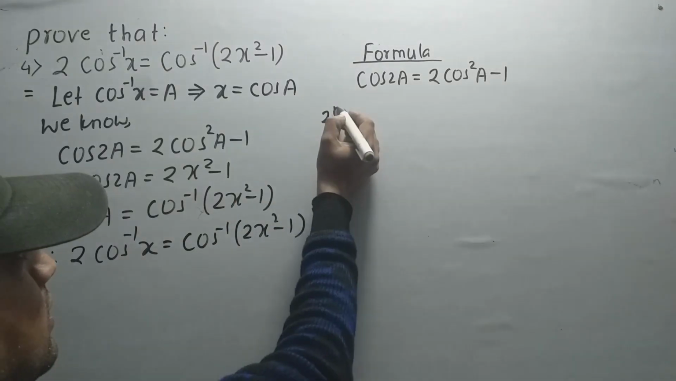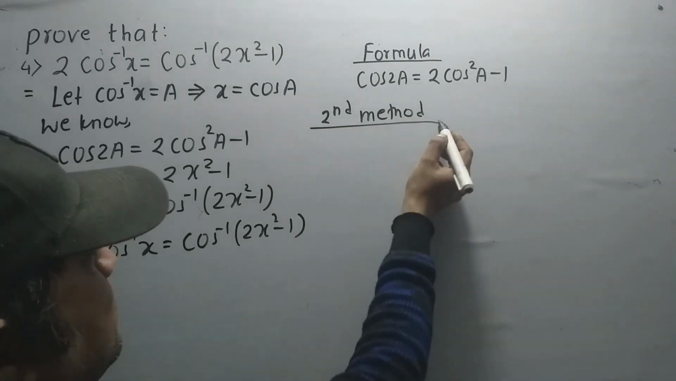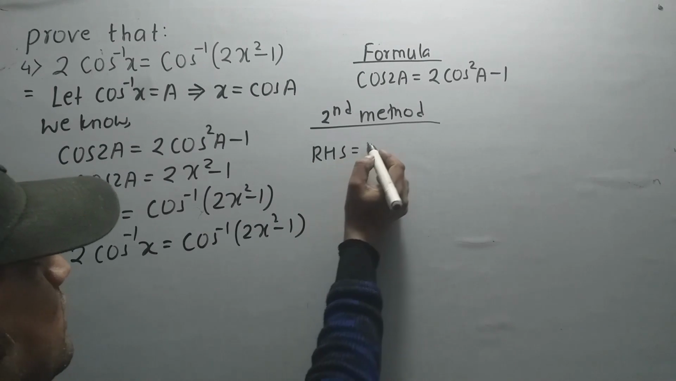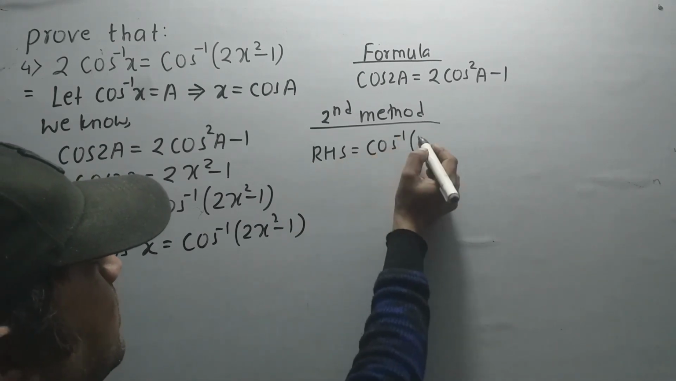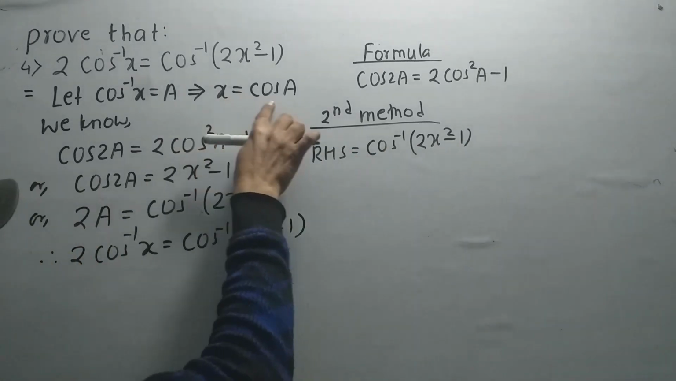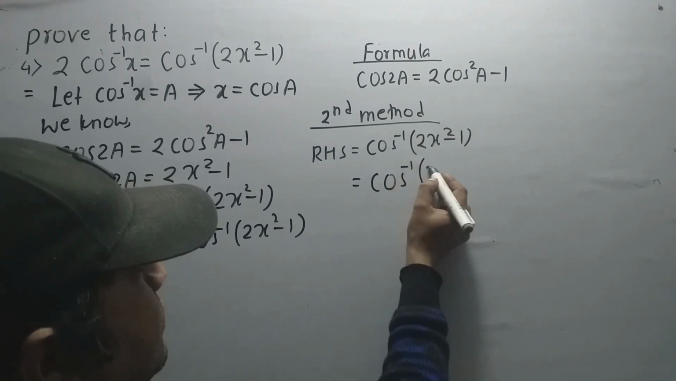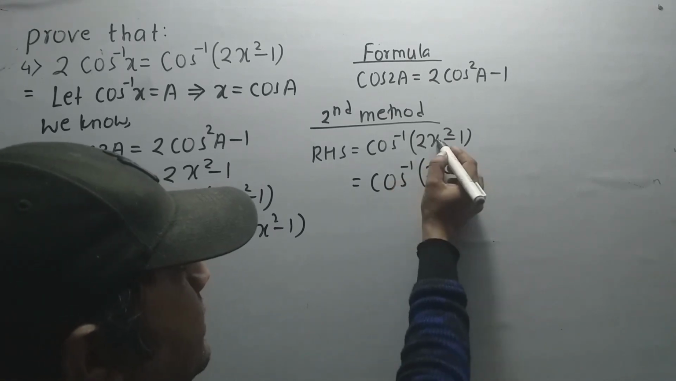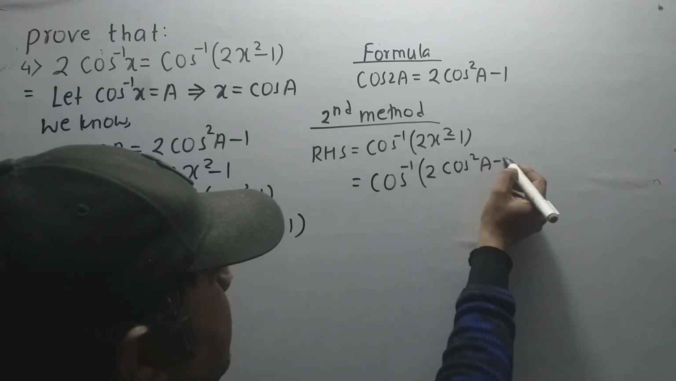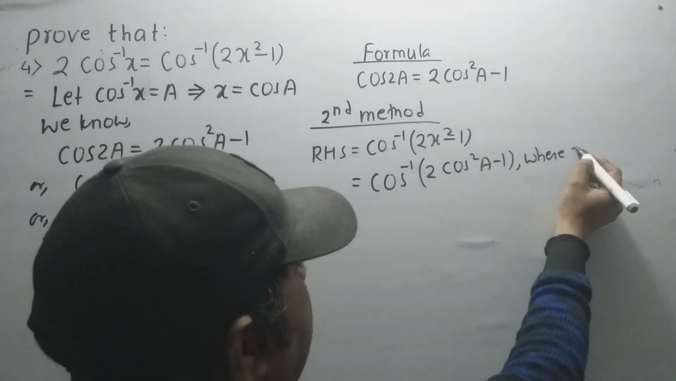Second method also has similar steps. For the second method, you take the right hand side. So what is in our right hand side? In the right hand side, it is cos inverse of 2x square minus 1. So replace that x by cos a. Write cos inverse 2, and for this x you write cos. So here x square, you can write cos square a minus 1, where you write x